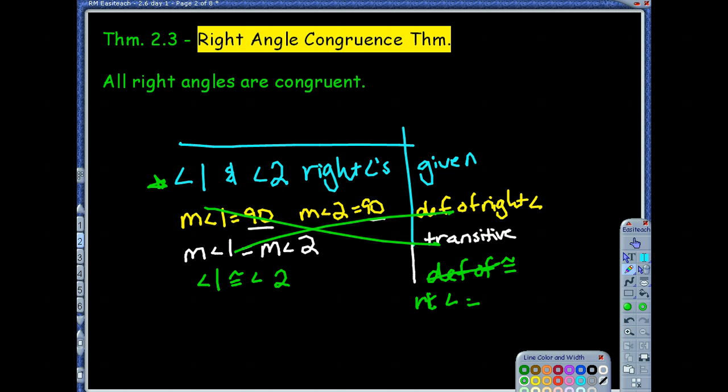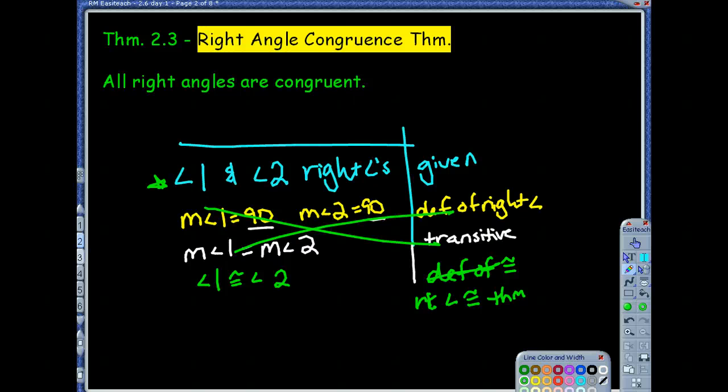Right angle congruence theorem. You're going to notice that we'll abbreviate a lot of these when we have symbols in math that we can use. For example, angle. Always use that angle symbol, congruence. Don't write it out. Don't take the time to write it out. We're going to just use those symbols in their place. I like that you